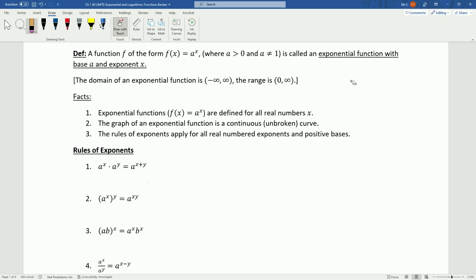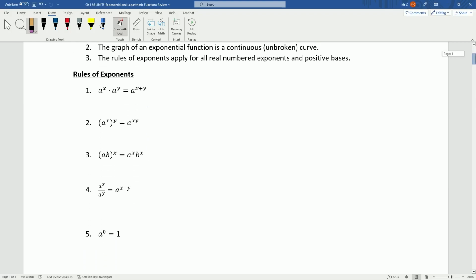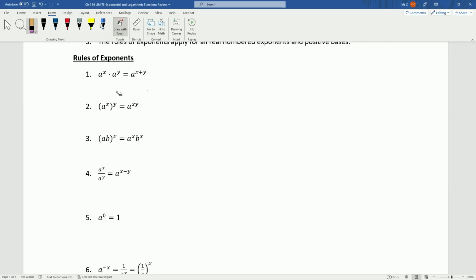Okay, so let's go ahead and take a glance at these rules of exponents. So again, this is just a refresher. Sometimes I find that students, when they're trying to remember their rules of exponents, they're not really thinking about what the rules mean, and so they'll make silly mistakes on them. So I want to illustrate what these rules mean explicitly, mostly with some examples and some with some real proofs to show why that rule is true,